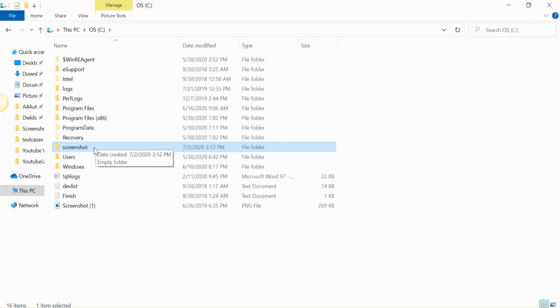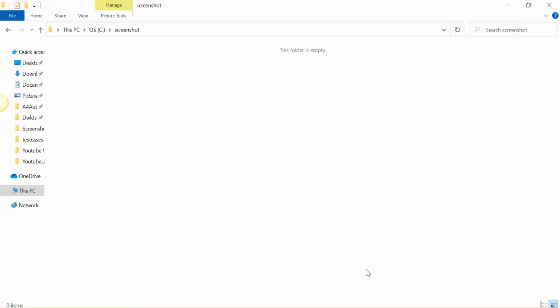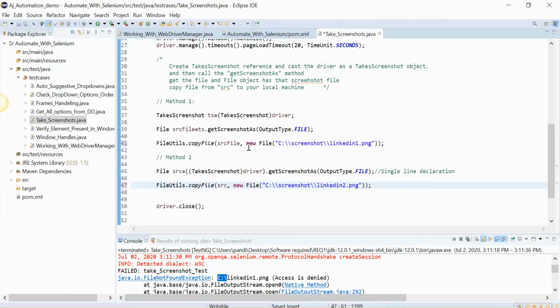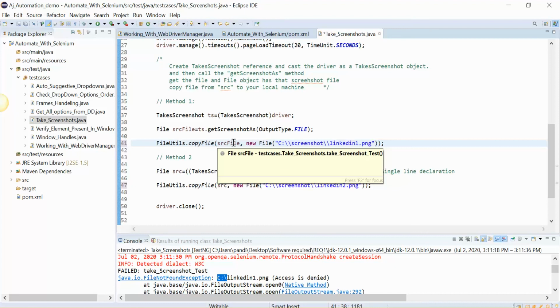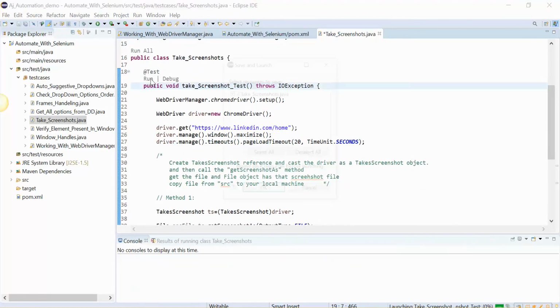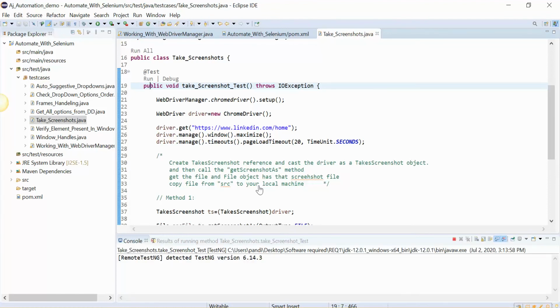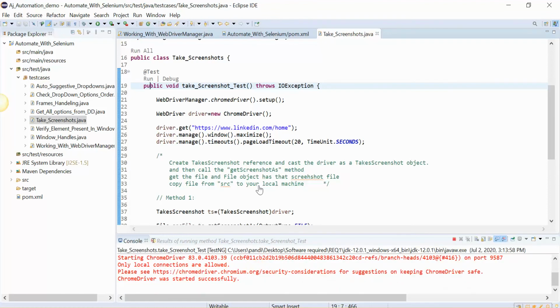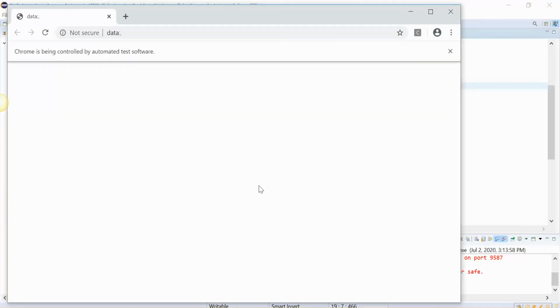Okay, let's run this again and see. It should store two screenshots, LinkedIn 1 and LinkedIn 2. Hopefully this time it will work.